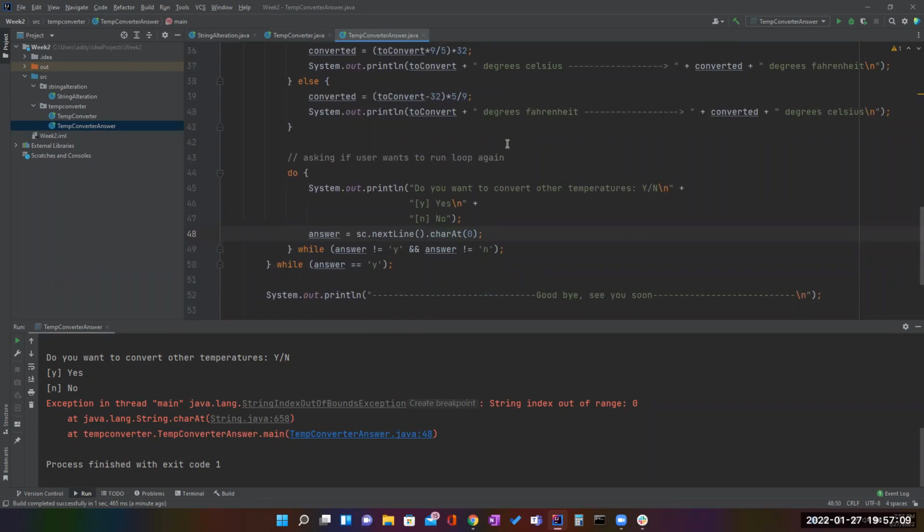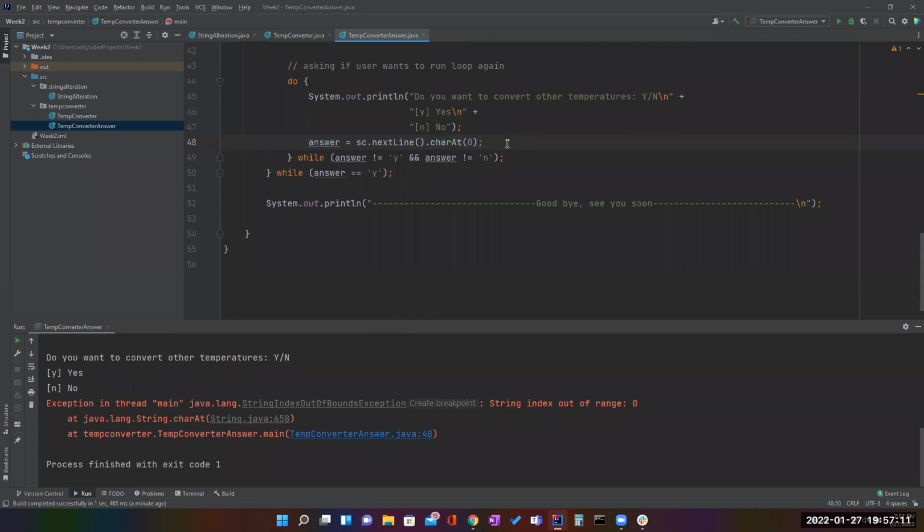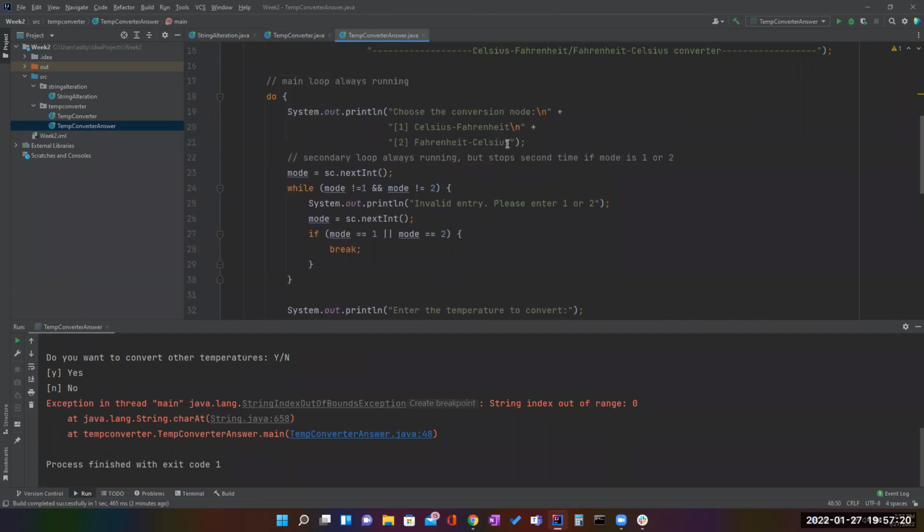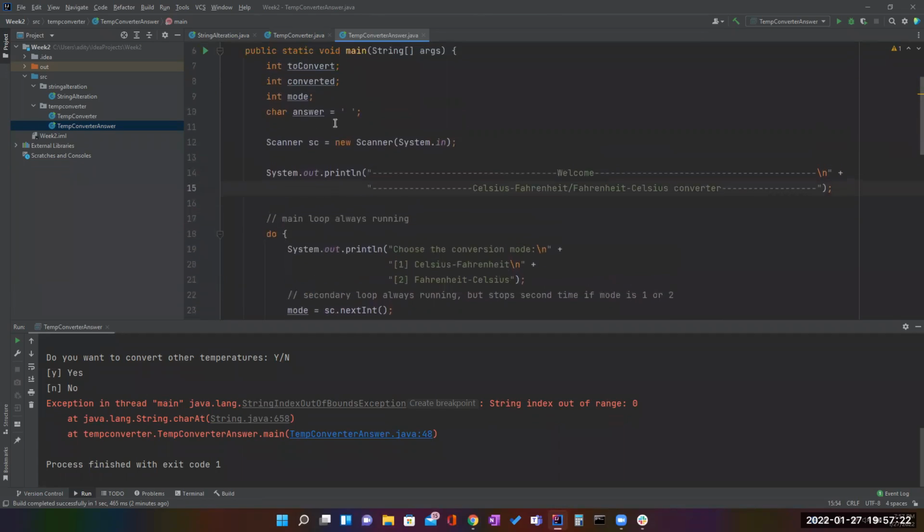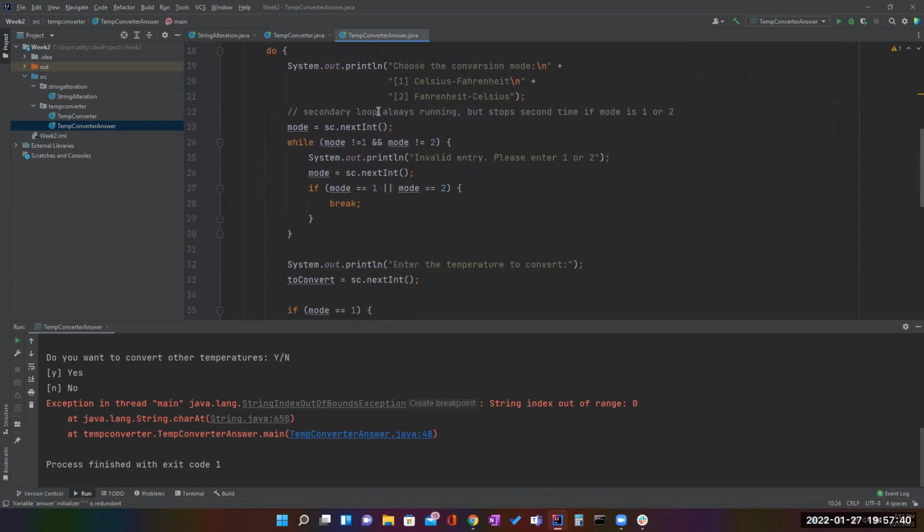Yeah, but this is the way to use a char, right? So what is this? It is saying string index out of range. Did you put, yeah, so answer is here. So hold on. Maybe because answer is a char, right? Empty char or something. No. So we created, we said answer is basically like a nil here in order to execute the code